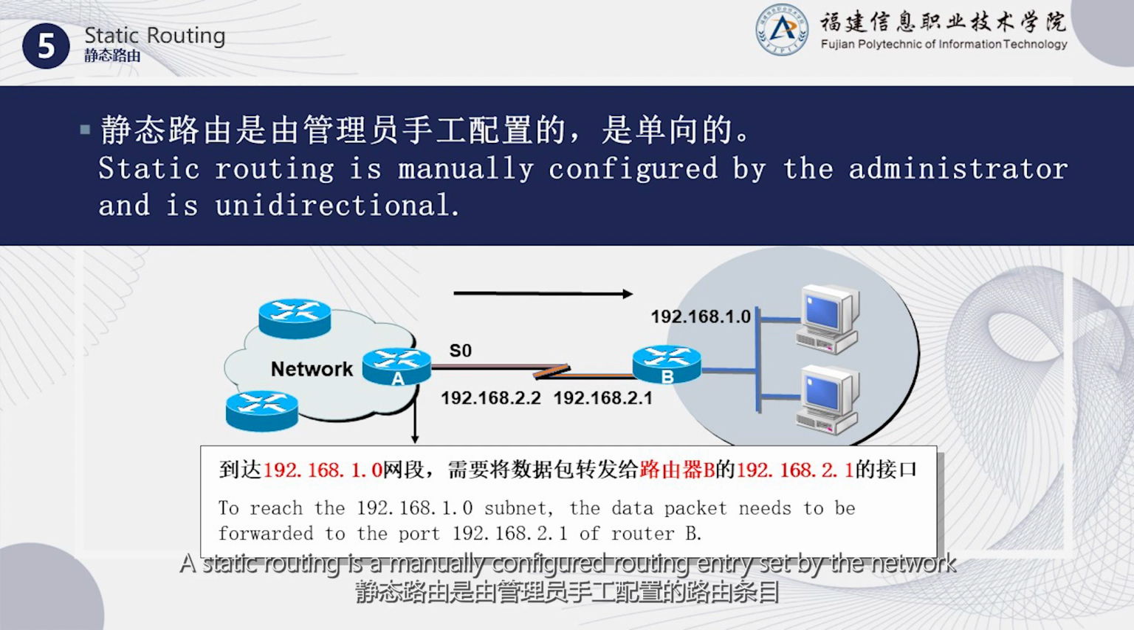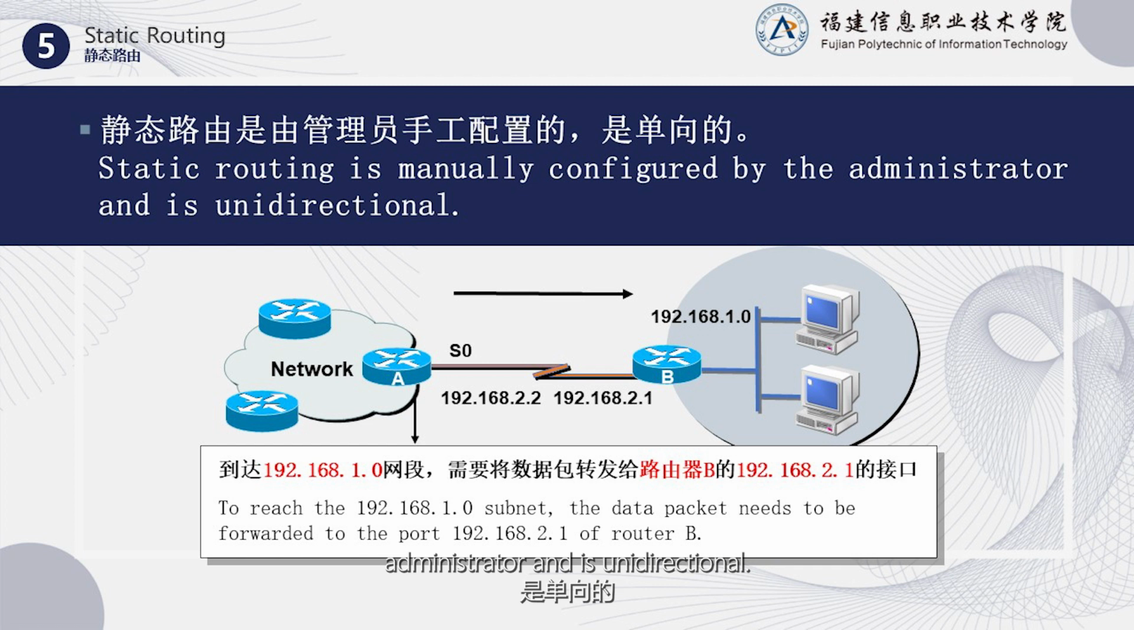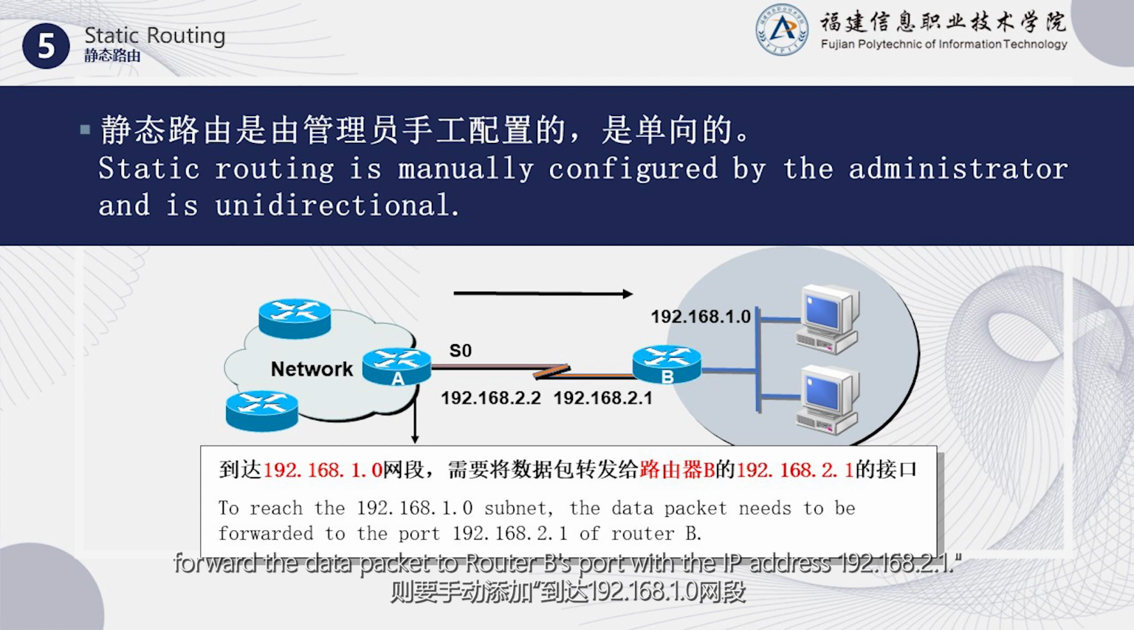A static routing is a manually configured routing entry set by the network administrator and is unidirectional. For example, in the topology structure shown, to configure a static routing on router A, one would manually add a routing entry that says to reach the 192.168.1.0 network segment, forward the data packet to router B's port with the IP address